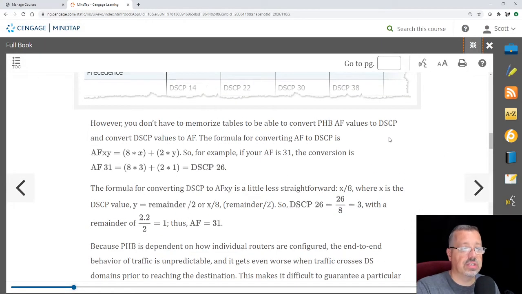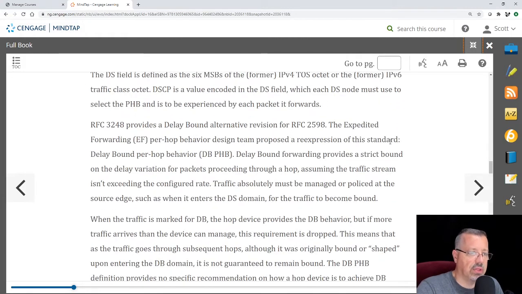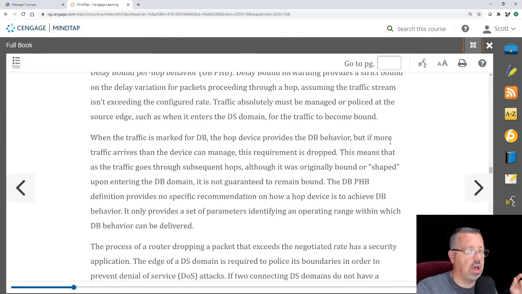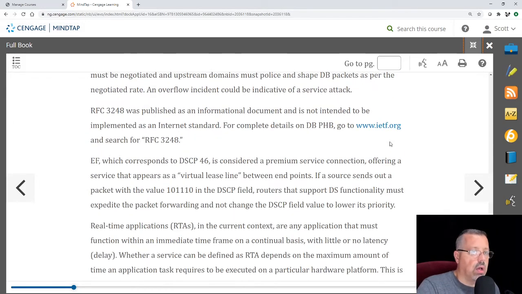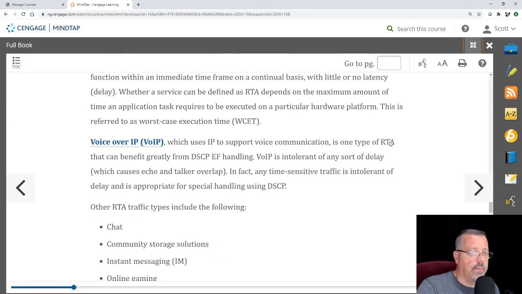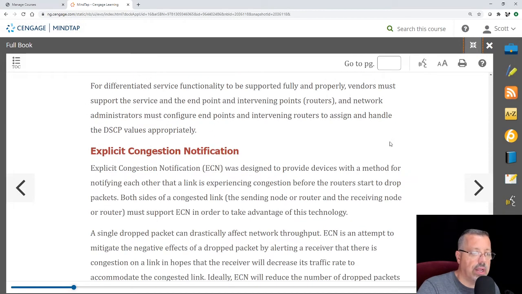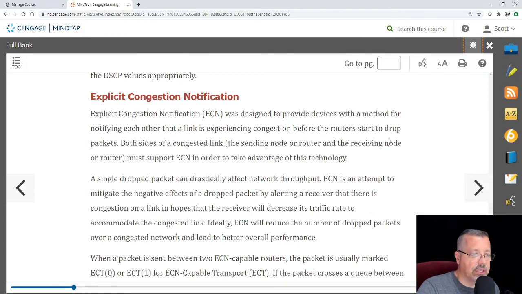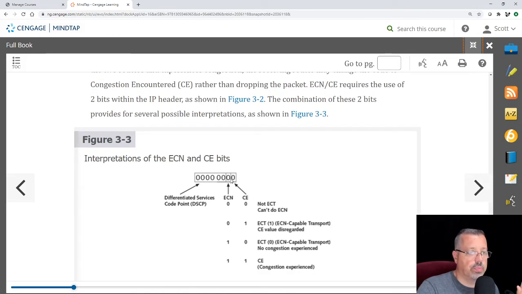Okay, so it actually shows you some mathematical formula to do it. It's much easier, I think, to do it in binary. There's talking about voice over IP. All right, so here's explicit congestion notification, and it's the last 2 bits in that. So the first 6 were what we just talked about. This last one is